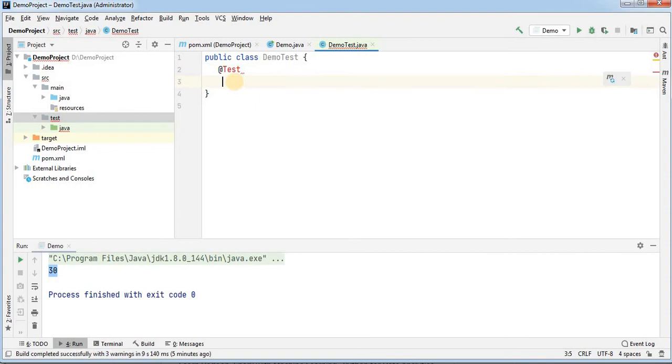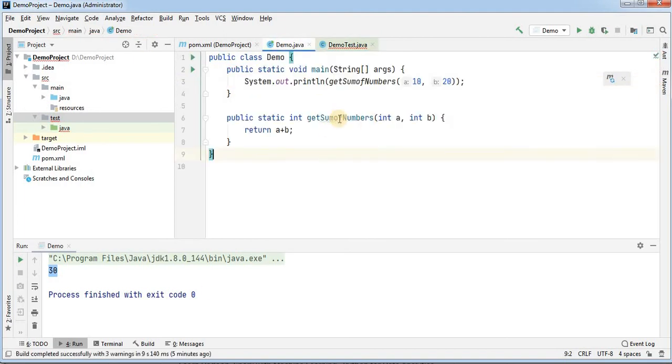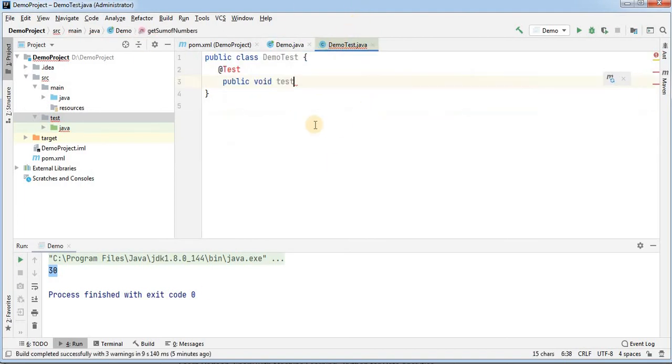And public void test. What is the method name? We can make it testSumOfNumbers.